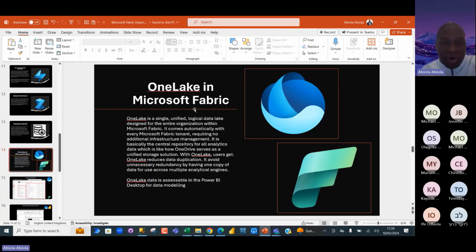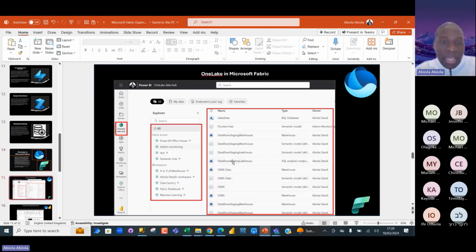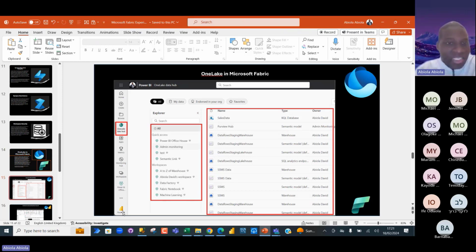Now, OneLake is a single unified platform where all the data in Fabric can be managed. So we can easily have all the data in one location without having to move from one place to another within Fabric. And this is an example of OneLake. When you open, let's say, a Power BI experience, at the left-hand panel you can see the OneLake data hub, and you're going to see all the workspaces within your Fabric account, and all the items and then the artifacts. So this is an example of what's called OneLake.